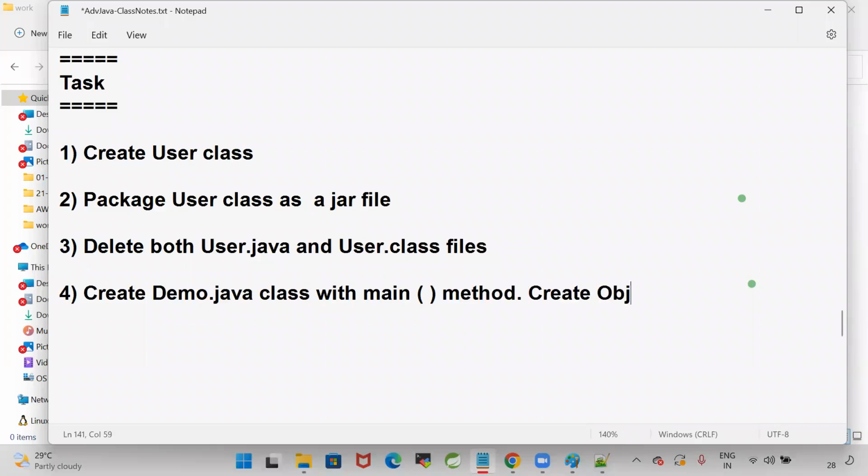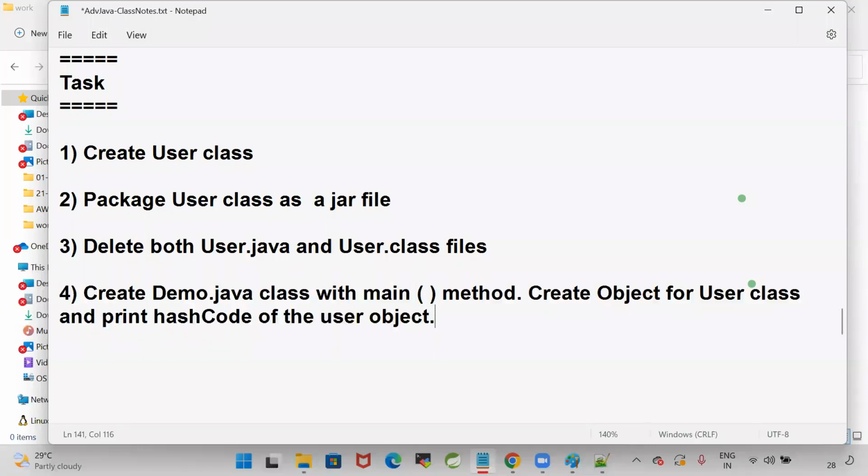Create an object for the user class and print the hash code of the object. Hash code of the user object. This is the task. So why are we practicing this? If we go for our JDBC, for executing our